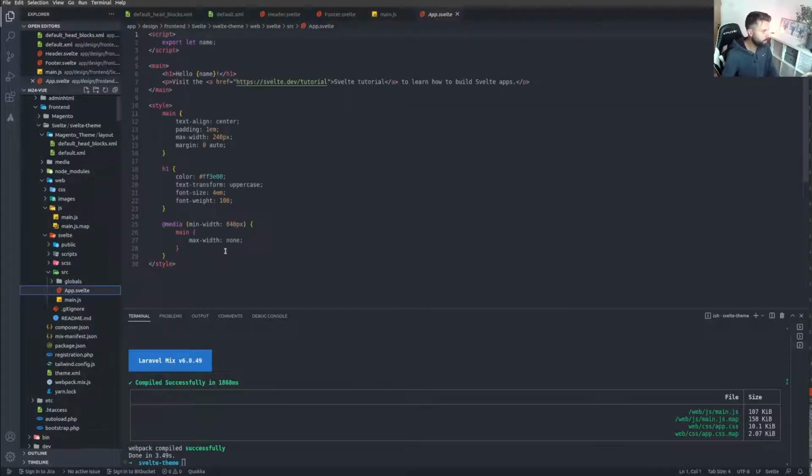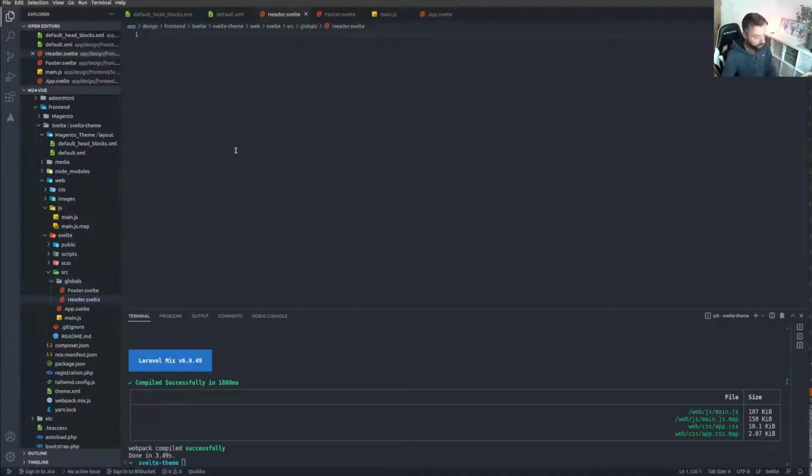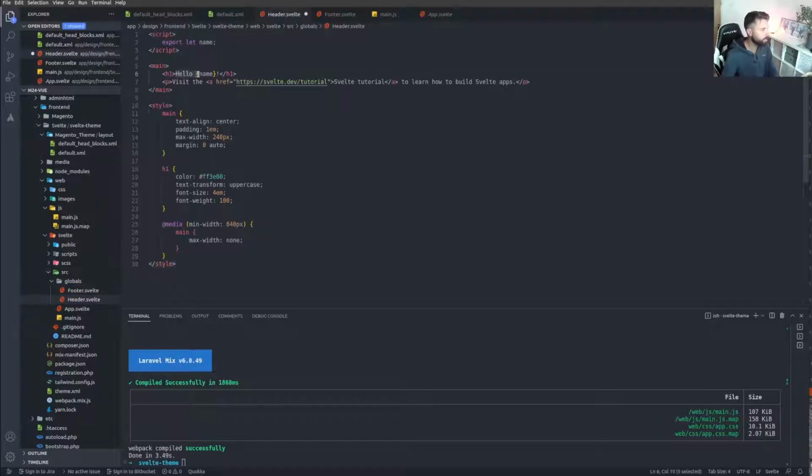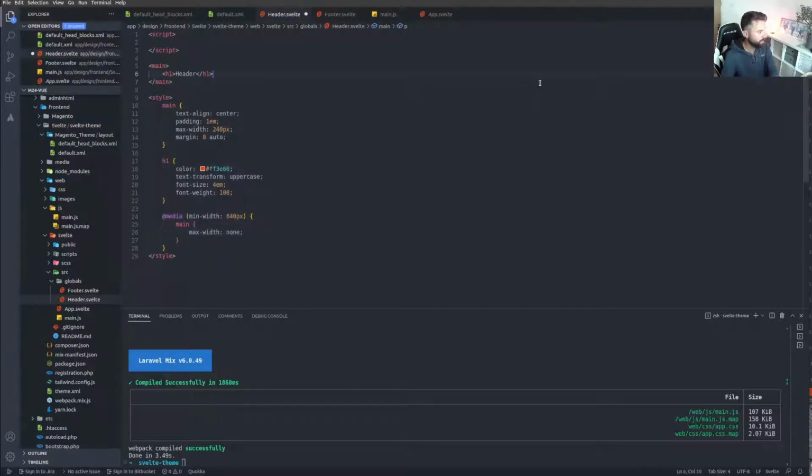So I'll just grab the code from this component, which is in app, and I'll just bob that in the header. So there's something there, and I'll just change this to header so it's clear. Right, and I don't need that for now, and I can probably get rid of this. I'll keep the CSS, but I'll get rid of this. So that's going to put an H1 tag in the header once it's up and running. And notice I haven't got watch running just yet because I'm not really ready to start. So I'm going to add a block to the header,